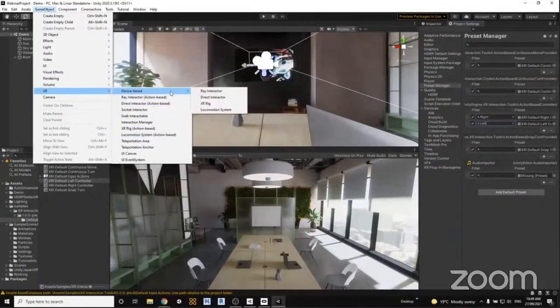We do still support the previous input system, Unity's legacy input system, for now. This will get deprecated eventually, so it's a good idea to learn how to use the new one. But if you are more comfortable using the old one for now, you can. You just need to remember not to use any of the action-based options in here when you're creating new stuff. Make sure you're using any of these device-based ones. So when I create one of these, it's going to use all those presets that I just set up to